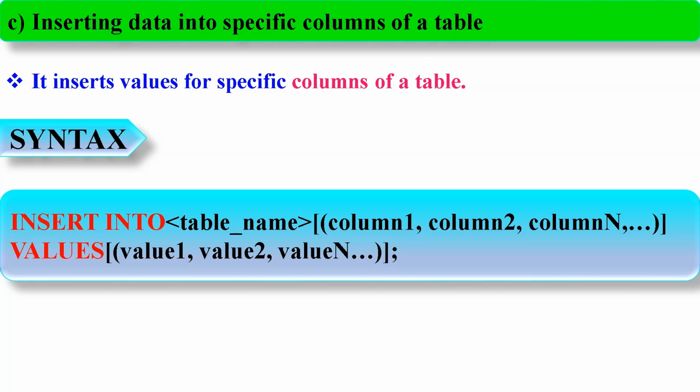Let's learn the third form, inserting data into specific columns of a table. It inserts values for specific columns of a table. The syntax is, INSERT INTO table_name (column1, column2, columnN, and so on) VALUES (value1, value2, valueN, and so on);